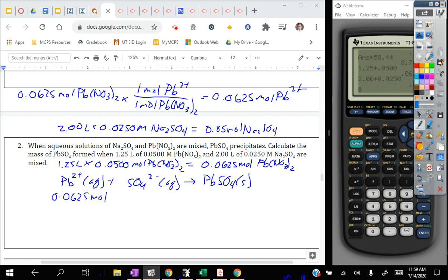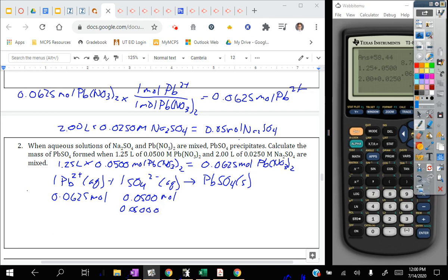And then I can do the same thing with the sulfate ions. 0.05 moles of sodium sulfate are present, and there's 1 mole of sodium sulfate for every 1 mole of sulfate. So then I also have 0.050 moles of sulfate. It's very clear, since this is a 1-to-1 ratio, that this will run out first. Since sulfate runs out first,